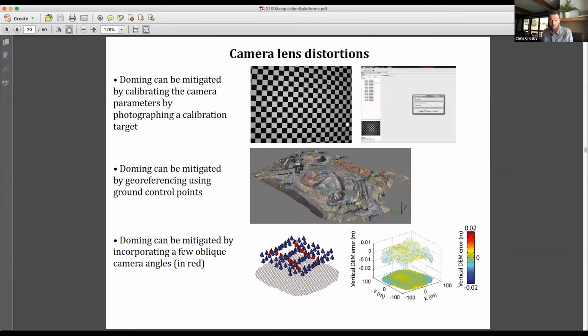You can also, Agisoft Metashape has the ability to do lens calibration. If it's a camera that it knows, it has a whole library of lens parameters, and it will apply a lens calibration if it knows what it is, or you can manually calibrate your lenses. So that's another way to mitigate this doming problem. So there's oblique imagery collection, and then the third option is georeferencing. This is putting out targets inside your scene that you can then use to bring in external GNSS or GPS ground control